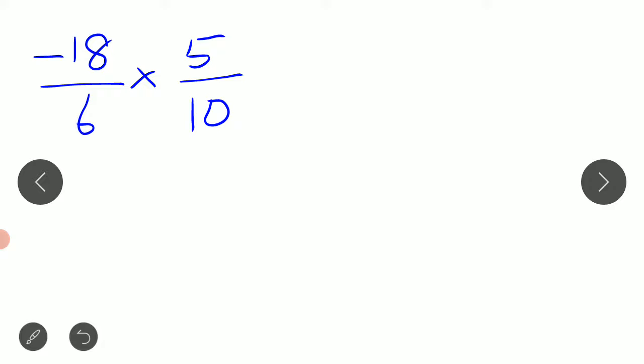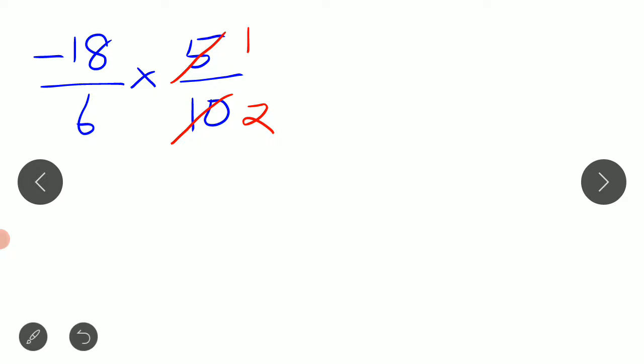Before going to write the answer, let's see whether there is any numerator and denominator having a common factor. If you take 5 in the numerator, you should see the denominator: is there any number divisible by the same common factor? Shall we take 5 and 10? Numerator 5 and denominator 10, both have common factor, is it? So let's divide these two by common factor 5. 5 ones are 5, 5 twos are 10.